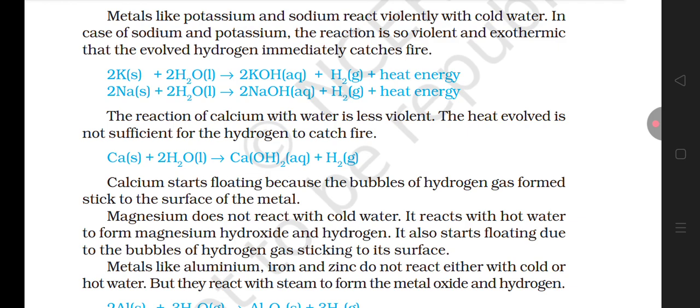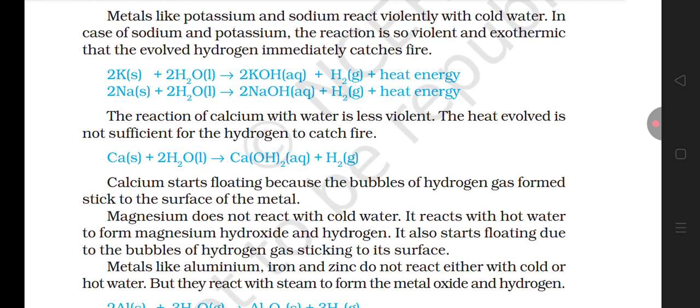Now let's come to the next reaction, that is with sodium metal. So sodium is 2Na plus 2H2O, which is water. It will give us 2NaOH, which is sodium hydroxide, plus hydrogen, which is H2, plus heat energy. So this is the reaction with sodium. What we are getting is a base, isn't it? Also the heat energy, because the evolved hydrogen is catching fire immediately, because these metals